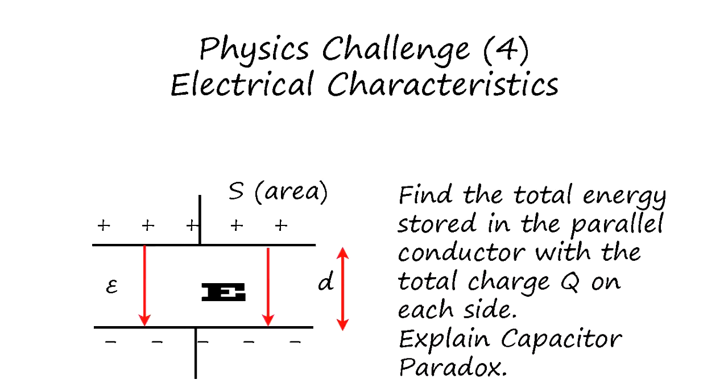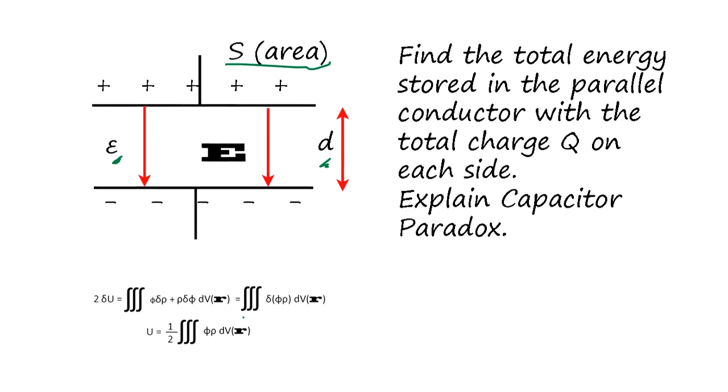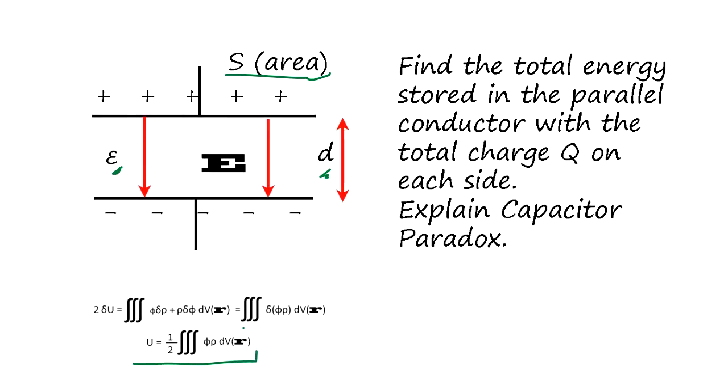Physics Challenge 4, Electrical Characteristic. Now we consider the parallel capacitor here, area S, and the dielectric material has epsilon and distance d. According to physics textbooks, the energy stored is given by this, and this is a volume integral to get total Q. So if you apply this directly, it's going to be,